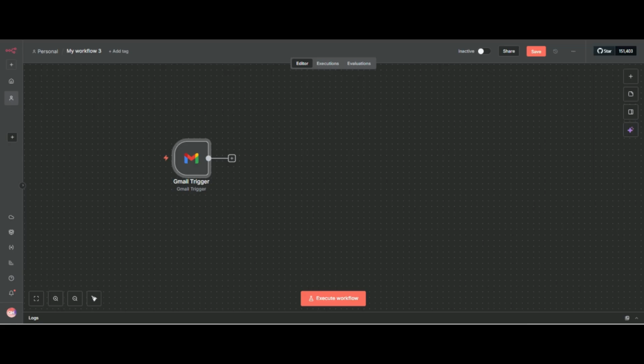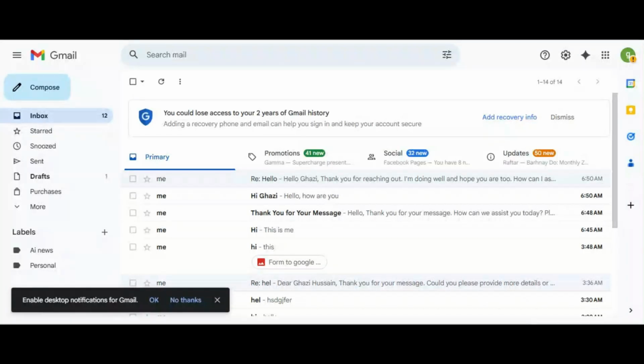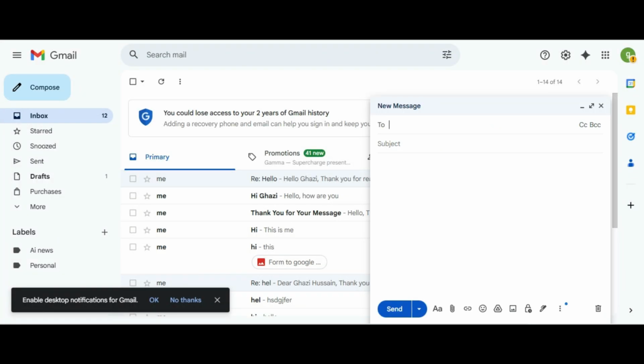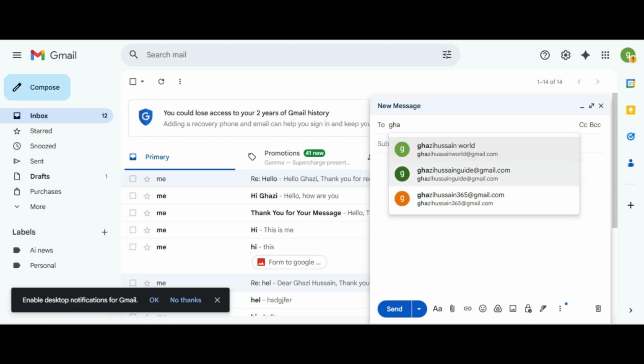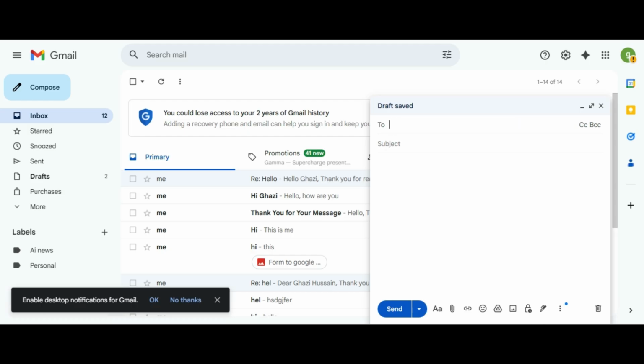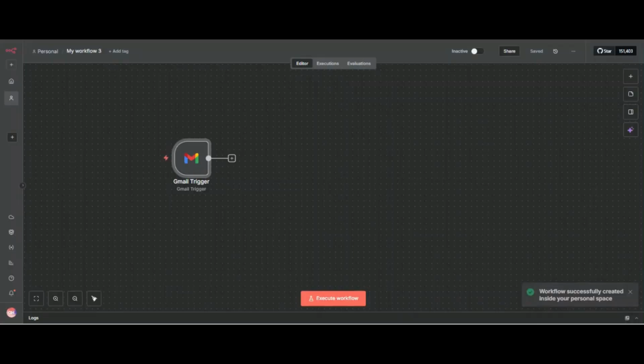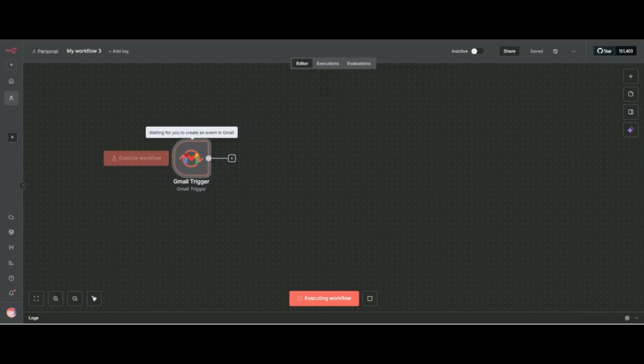I will click on save, and now we have to check our workflow. First I write a demo email: "Hi, this is me", and then I will send it, and now we have the trigger.